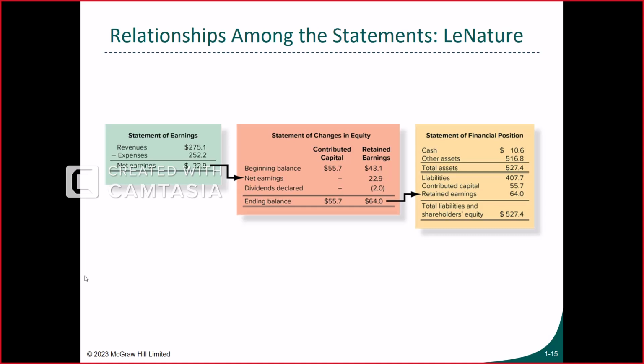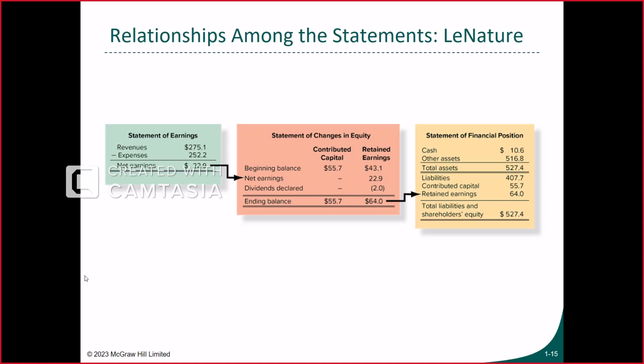Why am I asking this? Just to let you understand that the statement tells the entire story. You cannot say, okay, in this statement I don't see any increase in the contributed capital or decrease, maybe I will find the information in the disclosure or in another statement. No. If you don't see any increase or decrease, that means that during that period there was no increase of the contributed capital and no decrease. The statement tells the full story, the completeness. It is complete. It gives all the information.